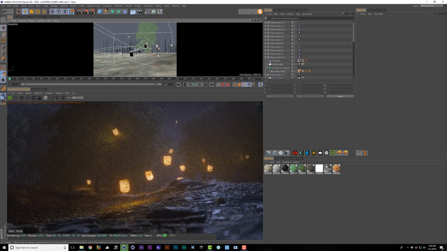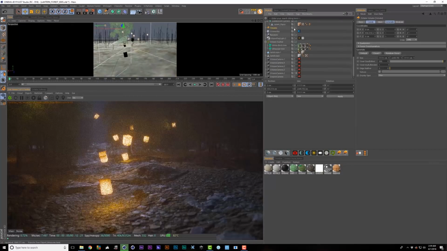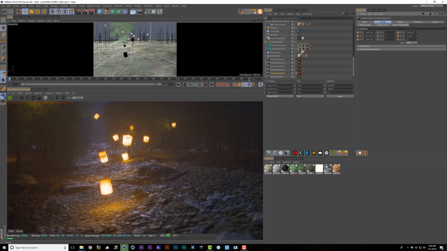So even these lanterns are utilizing all the same techniques we just learned. For instance, the ground is just a couple real displacement textures. There's a volume object covering the scene, this time with voxel size 500. White colors in both the absorption and scattering. And if we pan up here